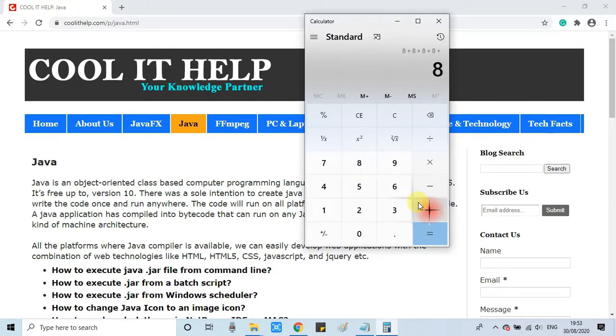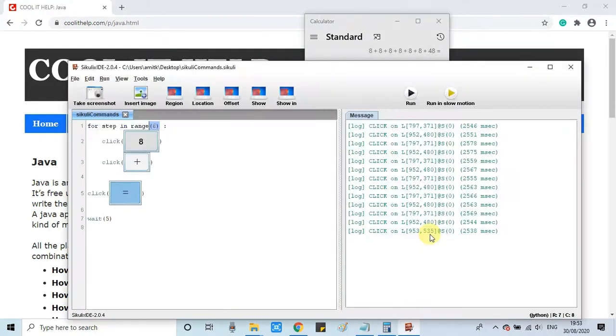This is going slowly because we have executed this test case in slow motion. If you run in a normal way, it will be executed very fast. At the end, the equal button is pressed, so finally we got the result in the calculator.